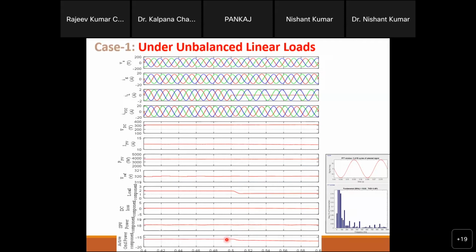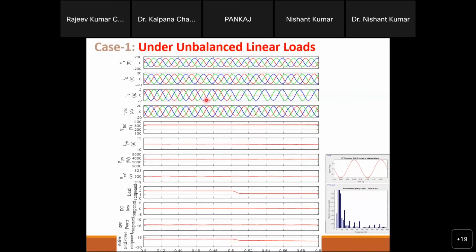This negative sign is only for the current reference, meaning negative polarity, sorry, out of phase polarity you are going to generate. That's why, but just look at the magnitude of that number. 16 becomes 17. It means one phase is gone, so the load consumption is decreased. So the power fed into the grid has increased. So you will see that.